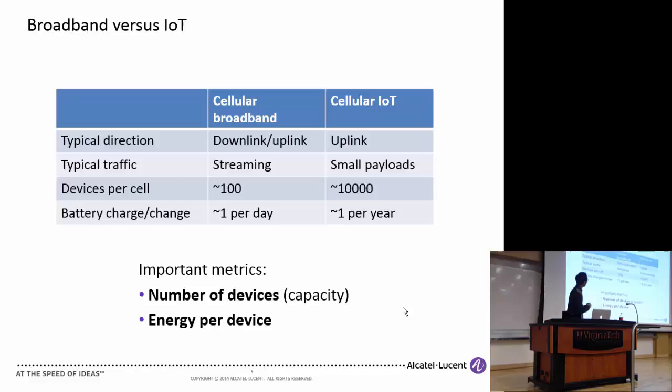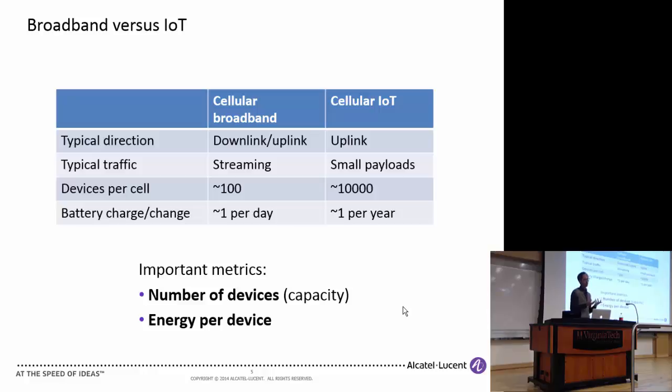If you want to compare cellular broadband with cellular IoT communication, in cellular broadband you have both uplink and downlink traffic. It's typically streaming, the sort of most challenging type of communication. You might have a relatively few number of devices, maybe 100 per cell, but you can charge your battery once a day. For IoT,